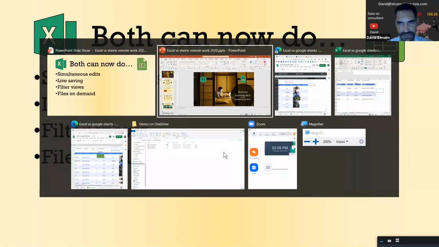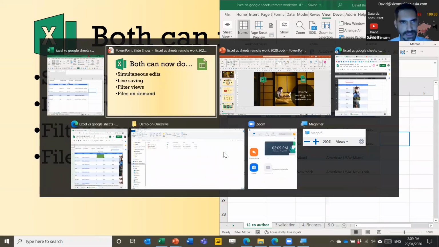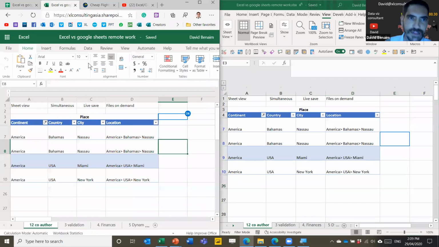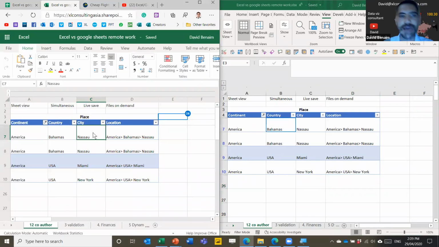Let me show you that firstly in Excel. I'm going to have Excel on my left. I've got Excel desktop here, and Excel Online is on the left. Now, I don't ever use Excel Online personally. The only reason I'm doing this is because I can't have 2 instances of the same Excel file open in that case.